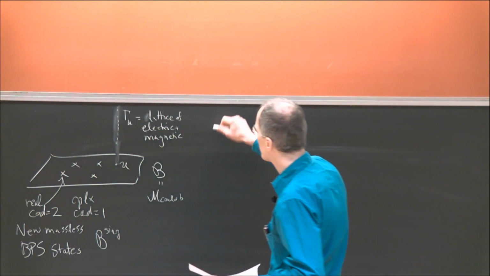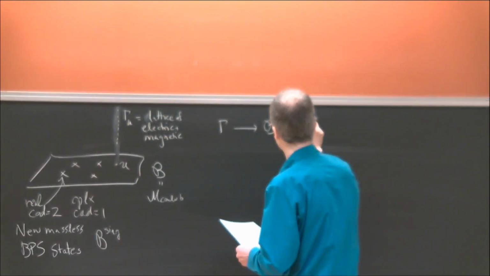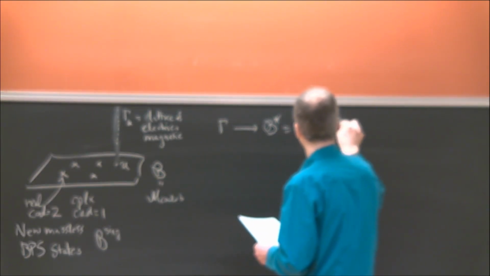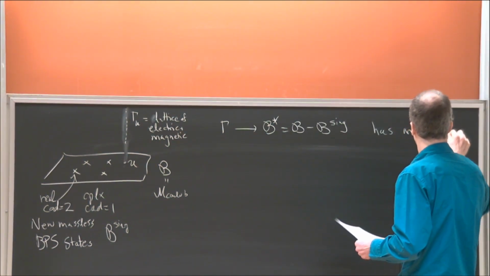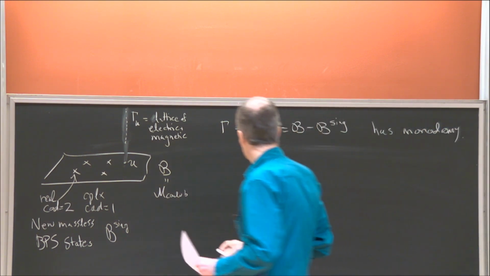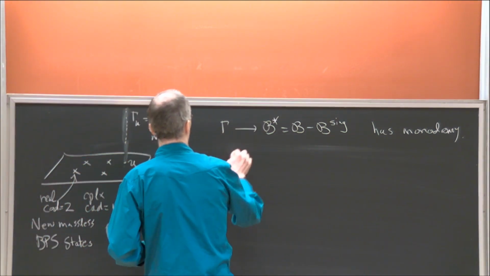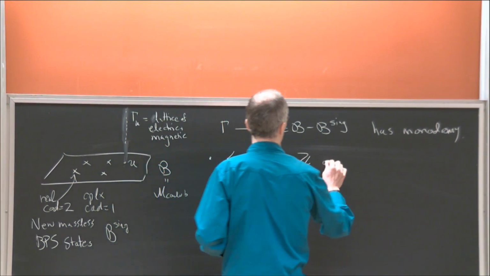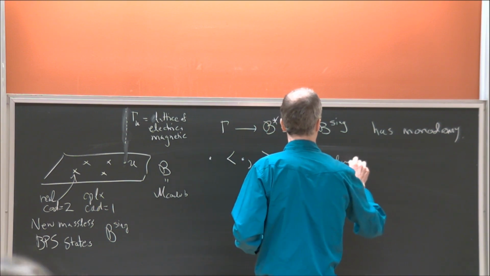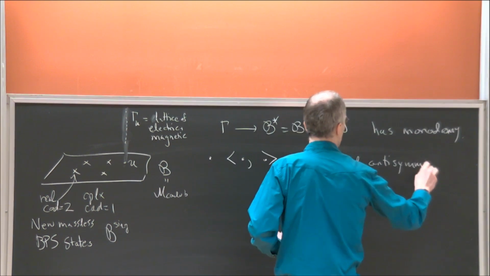And so this lattice of charges is a bundle over B star, which is B minus B singular. And it has monodromy, so it's not a trivial system of lattices. And another piece of structure we have is an integral antisymmetric pairing. So this is Z valued and antisymmetric. And this is just the DSZ pairing